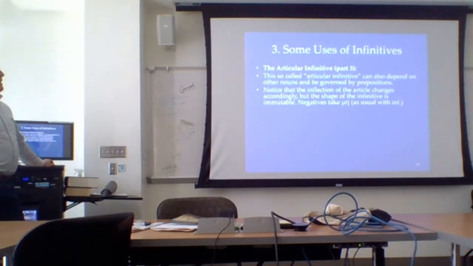So, okay, it can depend on other nouns and be governed by prepositions. Notice that the inflection of the article changes when it's governed by something else, but the shape of the infinitive is immutable. Notice the infinitive, although it originally seems in fact to be a noun that has an old locative ending on it, has become grammaticalized, which means it no longer goes through an ordinary inflection process. However, its article will. So, for example,